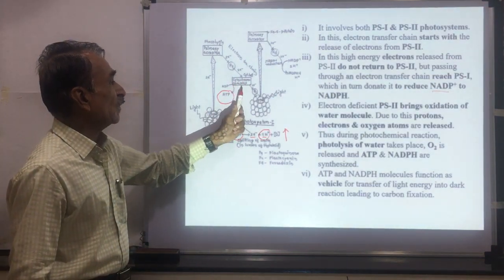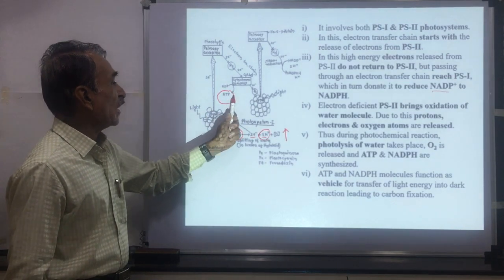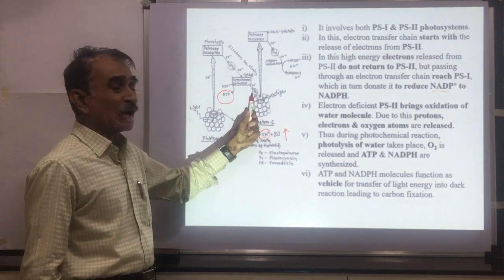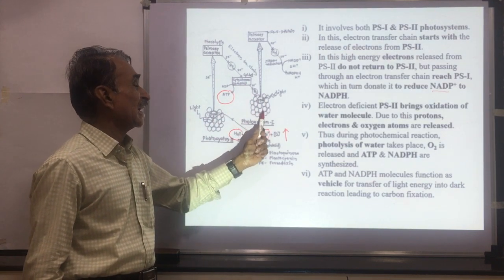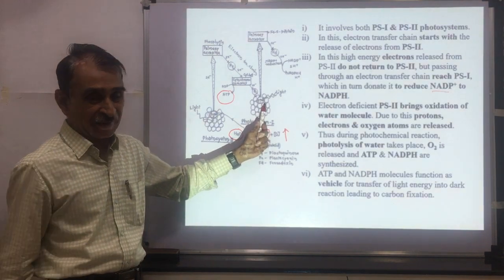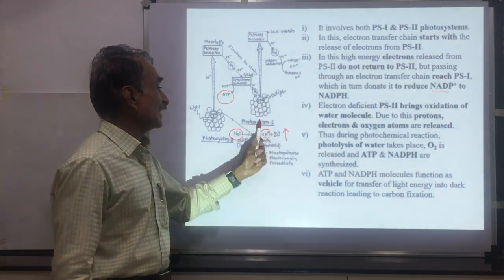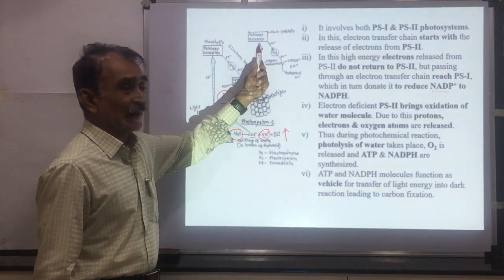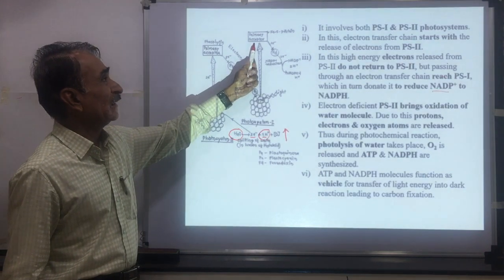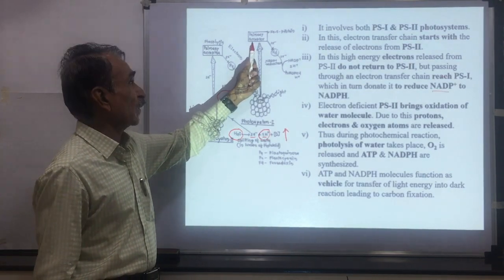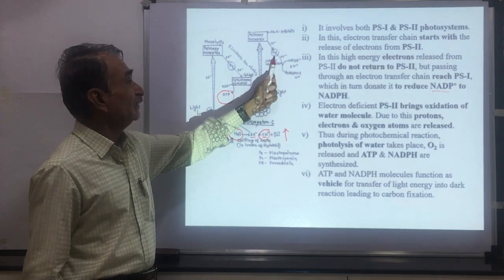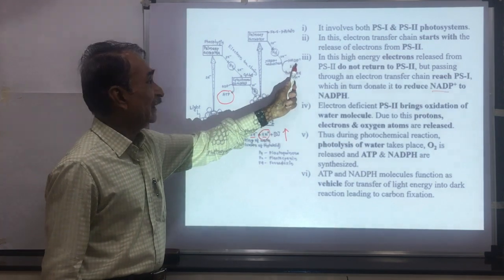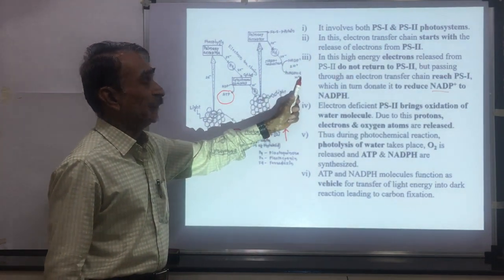Here there is a cytochrome complex where there is formation of one molecule of ATP by using energy from electrons. Then these electrons are transferred to plastocyanin, and then to P700 in the photosystem second. In the photosystem second, accessory pigments absorb light energy, transferred to P700. It also expels electrons, accepted by primary acceptor, iron sulfur protein. Then these are transferred to ferredoxin. From the ferredoxin, these electrons are given to NADP. This NADP is converted into NADPH.